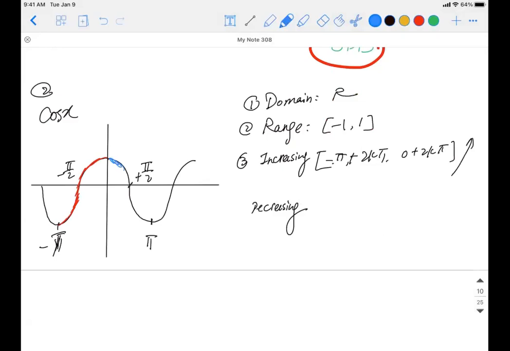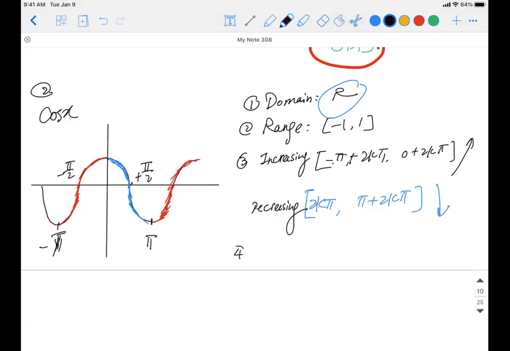Whenever x is in this part, from 2k pi to pi plus 2k pi, cosine x will be a decreasing function. Again, because cosine x is a periodic function, you can't only give one period. You need to give multiple periods, because the entire domain is all the real numbers. So the increasing and decreasing happen periodically. This is another increasing, and then another increasing, and so on and so forth.